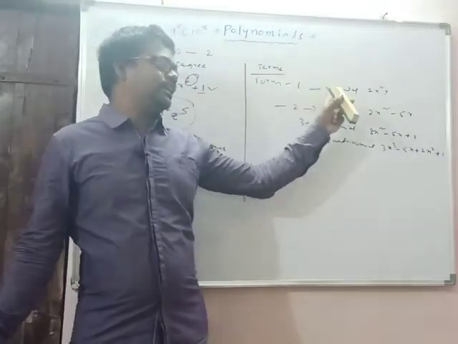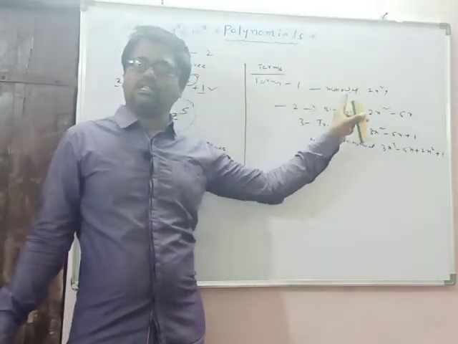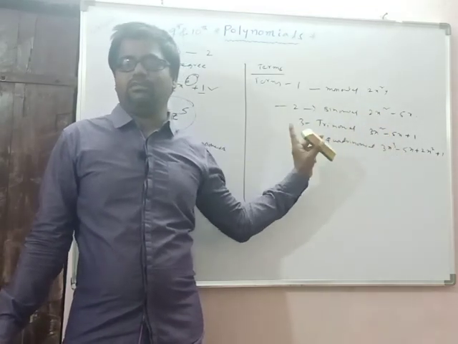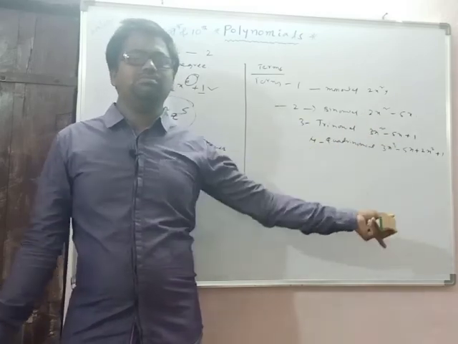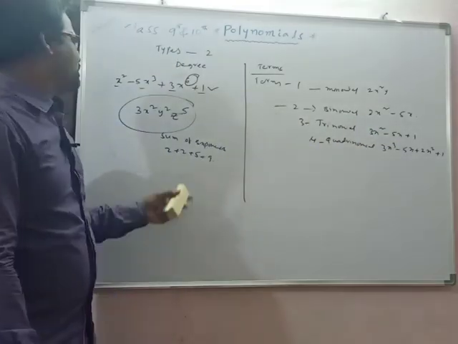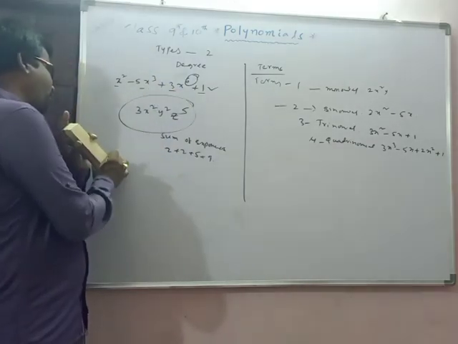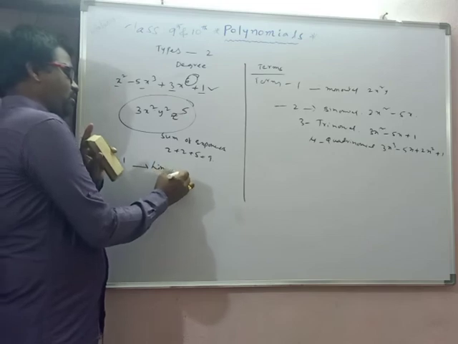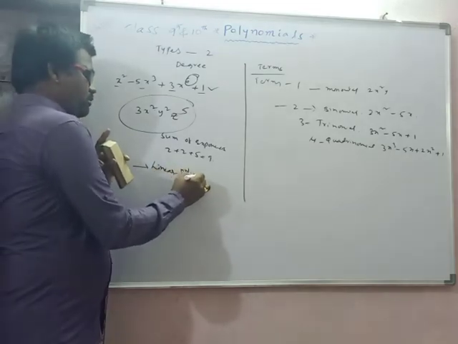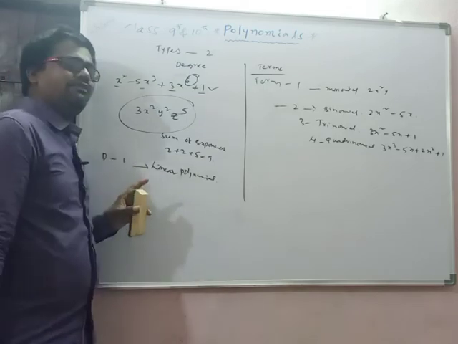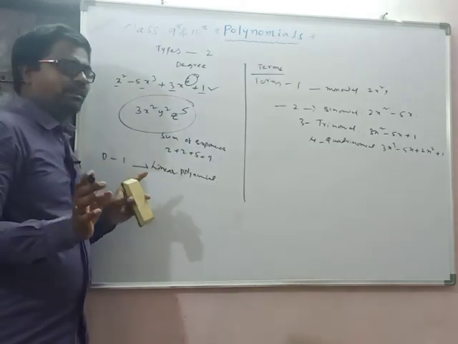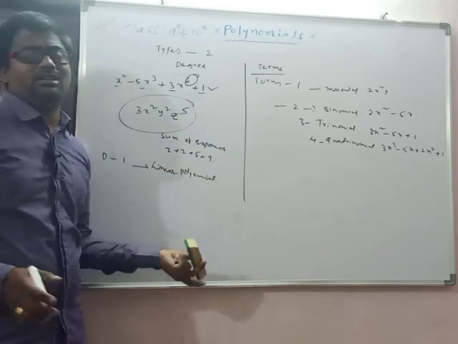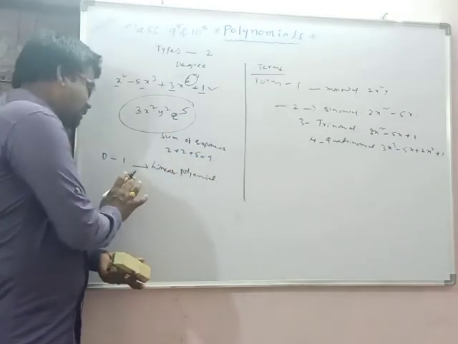So if it is a single term, that is a monomial. If 2 terms are there in a polynomial, that is binomial. A polynomial having 3 terms means trinomial, 4 terms means quadrinomial, more means polynomial, nothing but. Next, based on the degree, degree 1 means that is a linear polynomial. In this, the number of terms is no problem, but every term should be only degree 1, means x power 1 or y power 1, whatever, that should be a linear polynomial.